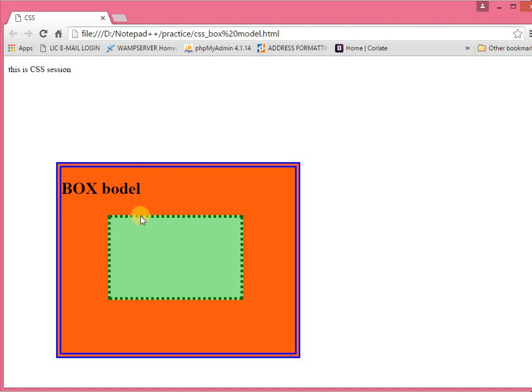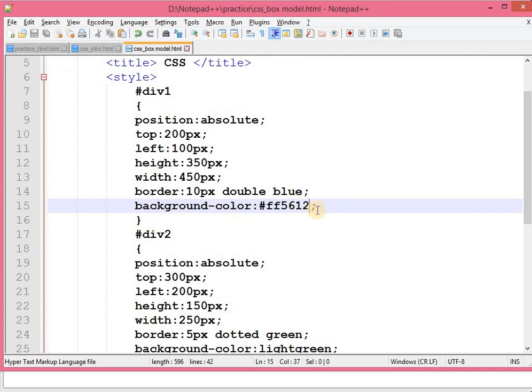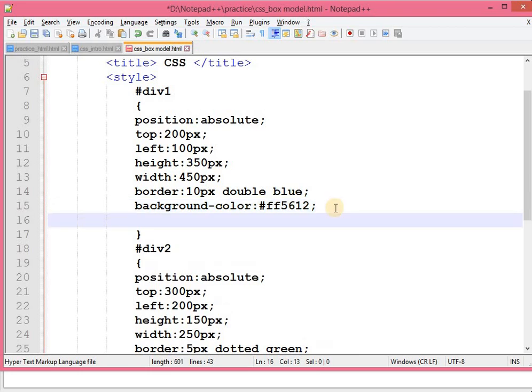Now what I want to do is I want to put some margin over there. So how can I do that? This is your div tag 1. Okay, so I want margin for that. Margin, as I have told you, we are using shorthand property.